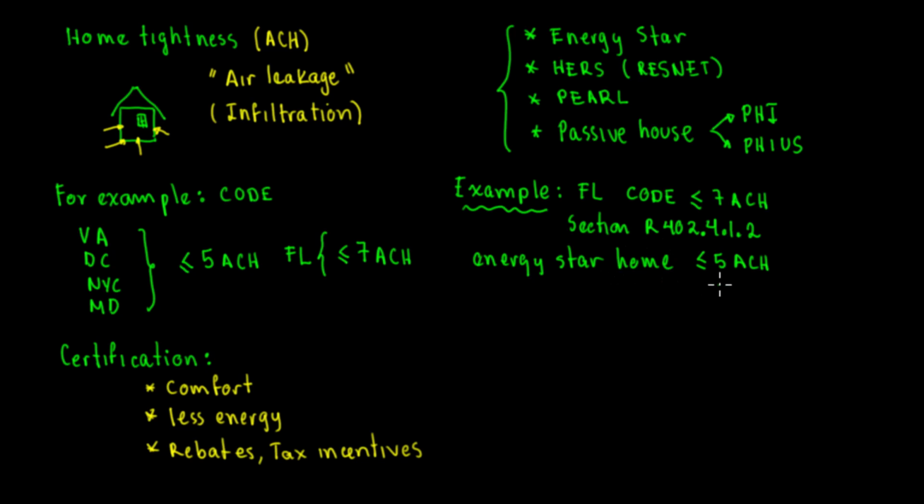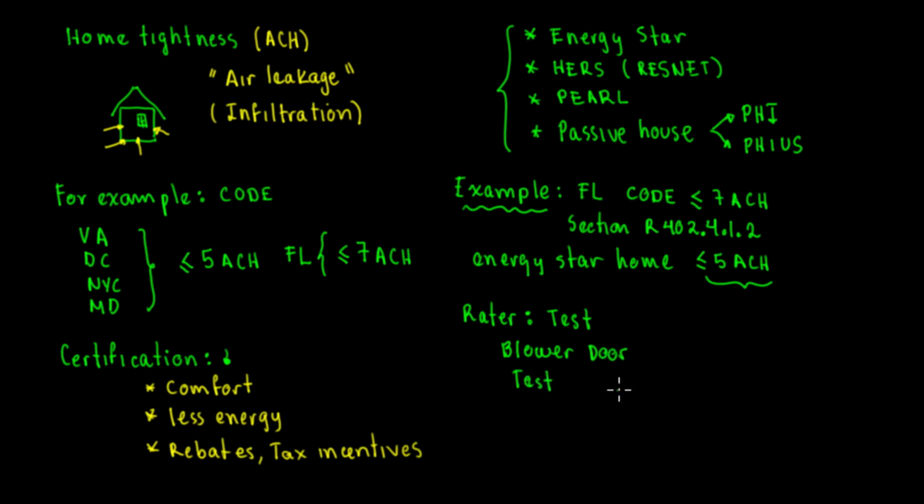Okay, so again, let's go here. Now the question is, how do you make sure you have 5 air changes per hour? Now you know what the code is, and you want to certify your home for these advantages. Usually you have to have this tested by a rater. So what is the rater going to do at your home? He's going to do a test. What is the test called? The most common one is what they call the blower door test. So we're going to put in here blower door test.